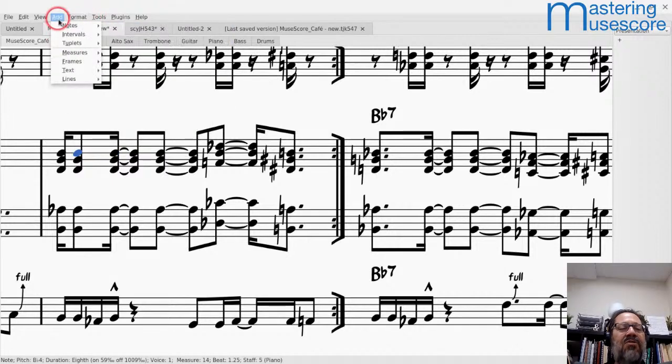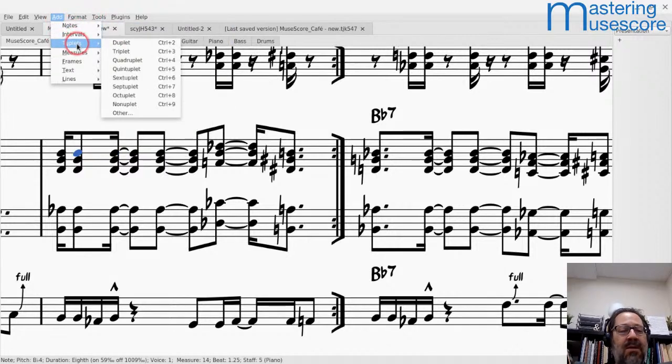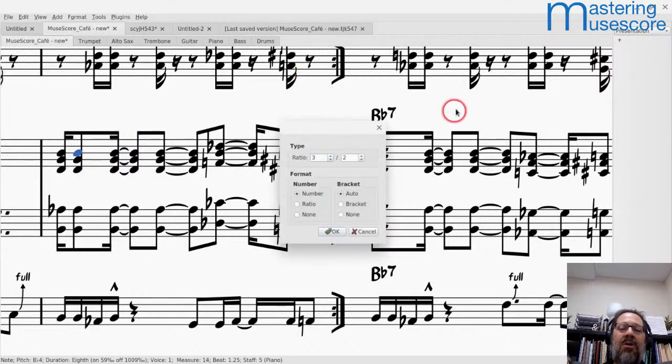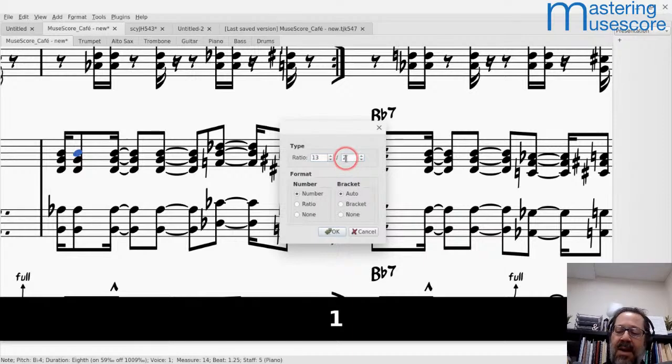So tuplets, things like triplets, you probably know Control 3 will do a triplet. Control 4 will be a quadruplet, etc. What if you need a 13-tuplet? You can't type Control 13 because that's not a thing. You don't have a 13 key on your keyboard, but you can go to Tuplets, Other. And this brings up a dialog where you can tell it, hey, I want 13 notes in the space of 8,